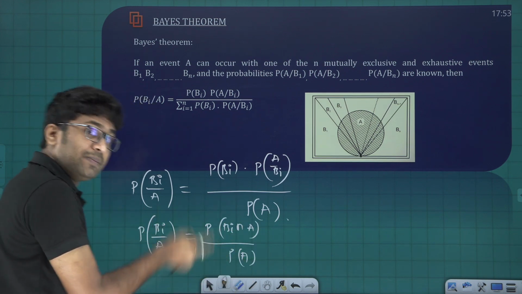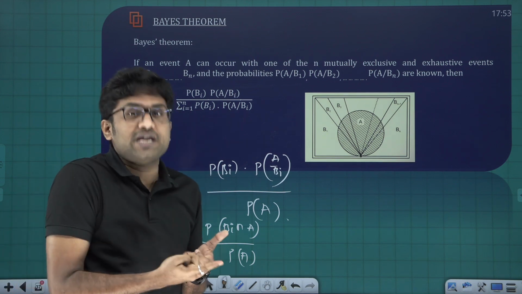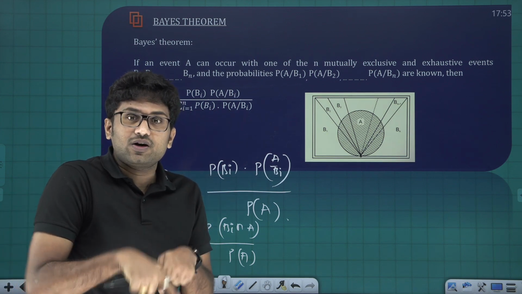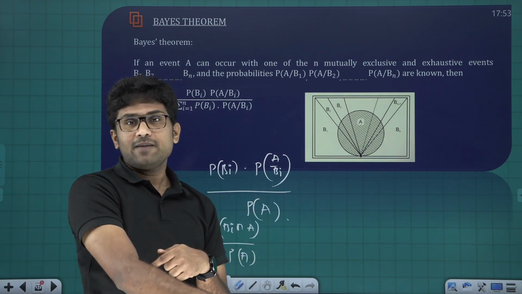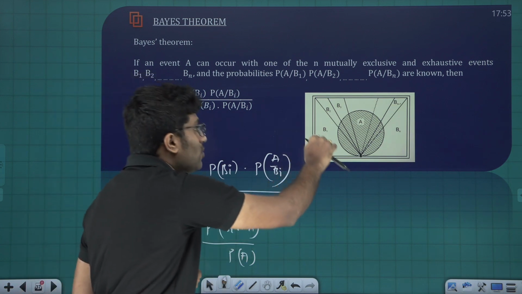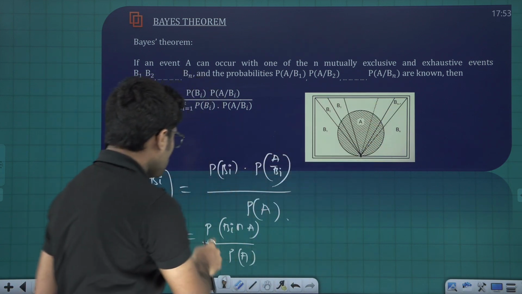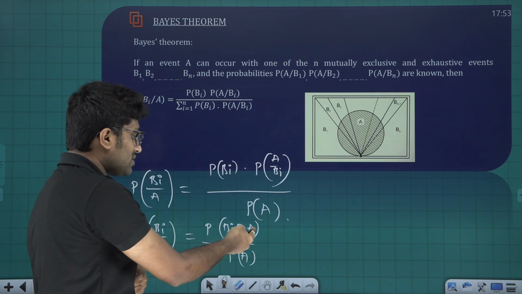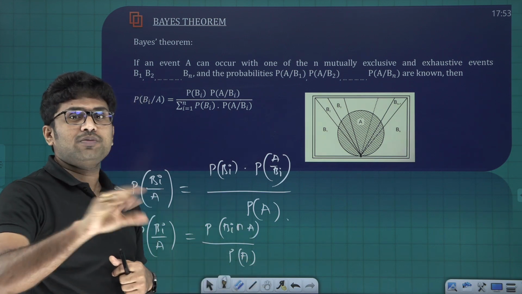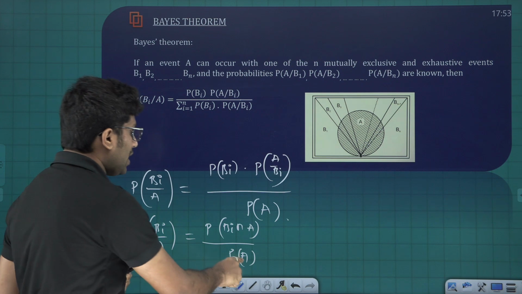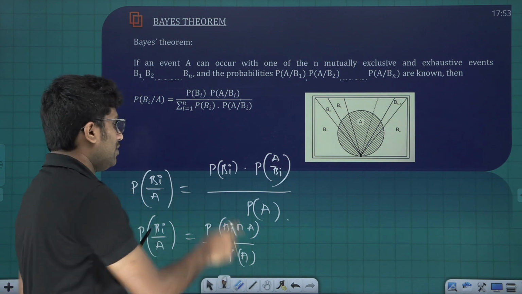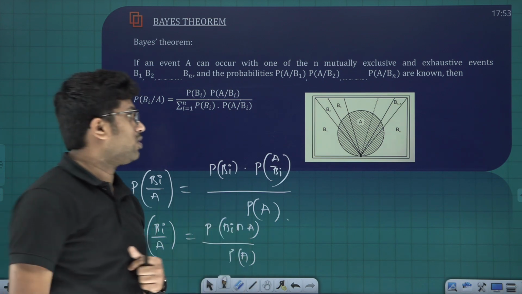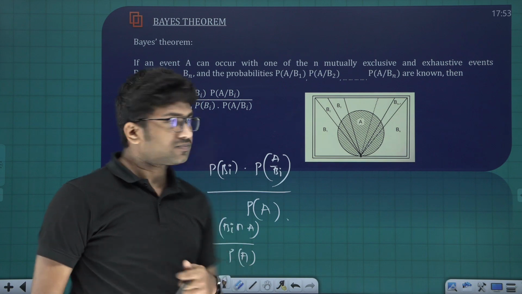When A has already occurred, what is the occurrence of Bi? What is the occurrence of B1 or B2 or B3? So if B1 is asked, then it is B1 intersection A divided by P of A. The denominator will always be P of A, and one portion of P of A will be in the numerator. This is what we call Bayes theorem, friends. Next,